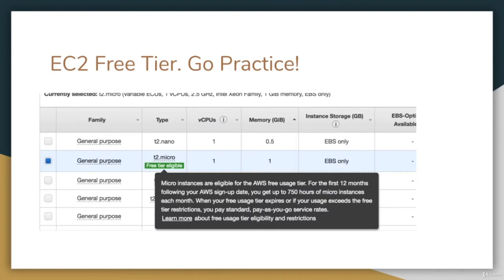Let's look at fact number 20. You have to know about the EC2 instance free tier. AWS for new users gives you a lot of free tier benefits. That includes 750 hours per month for the first 12 months of free EC2 instances of T2 micro type. So you can have one EC2 instance run for 24 hours, 7 days a week for 365 days without paying